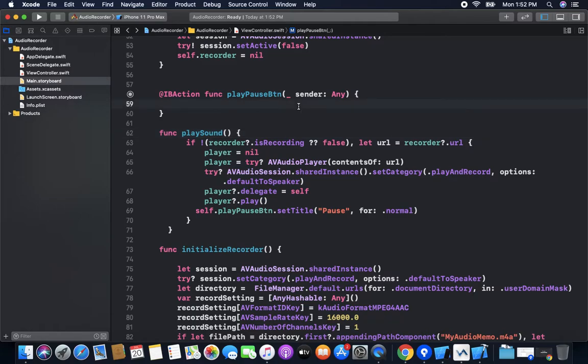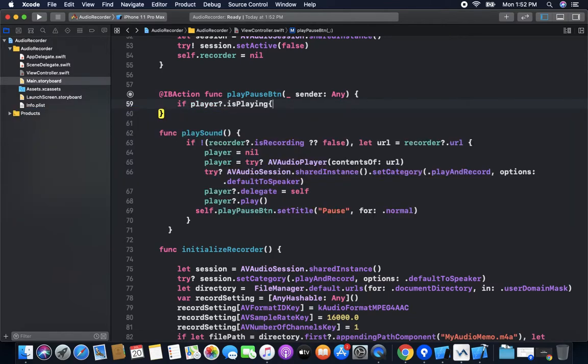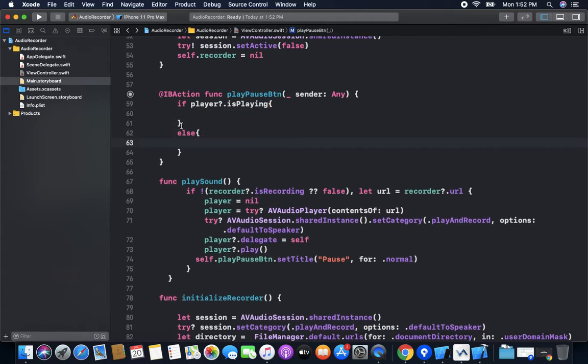So for the play pause button, we just check if the player is playing, else.